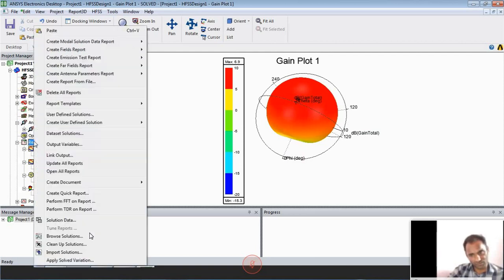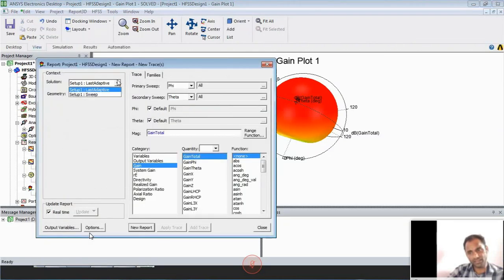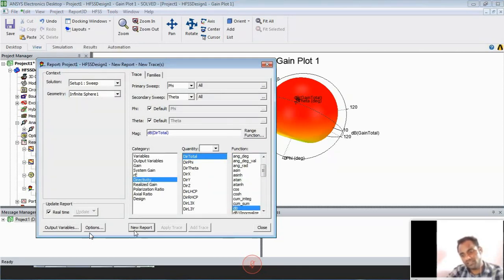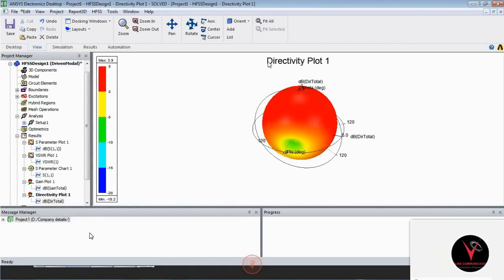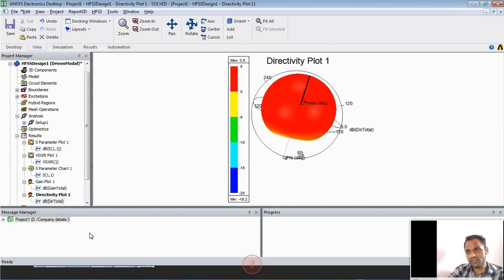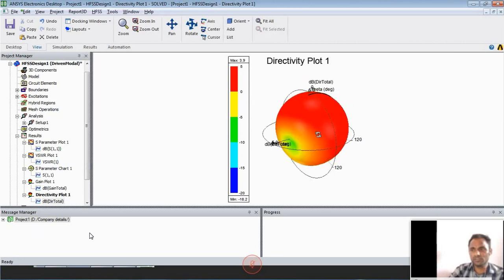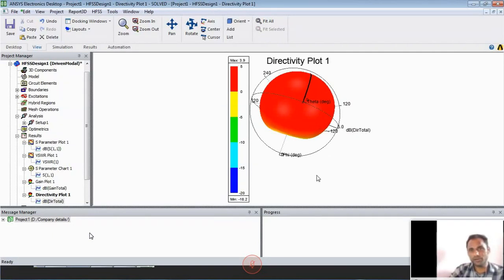Then again you go for results and take create far field report. In the far field report you go for a 3D plot. Again change into a sweep. Then select directivity. The directivity also you're getting in dB here. So you select dB new. You get the directivity here. In the directivity, this also gives a full gain value. So 5 is on the full, then 0 is on the base of the generator. So it's also getting a full gain. That means a bidirectional capability with a high gain antenna.